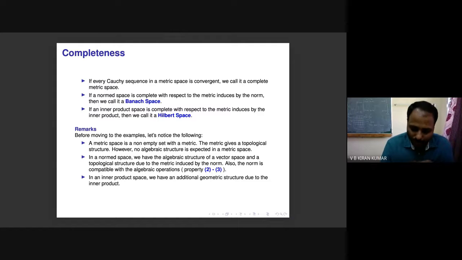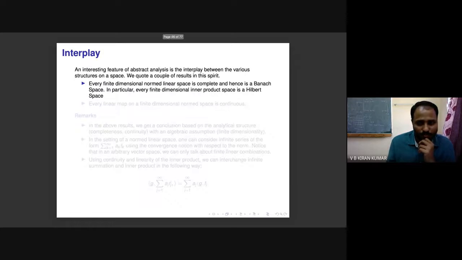For example, in Kn or in Cn, there are several norms. Say we introduced the p-norm, right? There are several norms for p varying from 1 to infinity. But when p equals 2, there's a speciality. That particular norm is induced by an inner product. We have just seen that. So that is why it is of high geometrical importance. It's a very special kind of norm, because that norm has a geometric structure also. Is that clear to all of you? Are you comfortable so far?